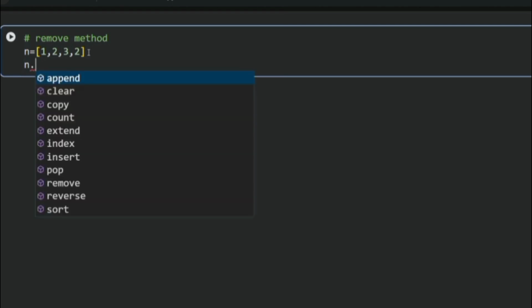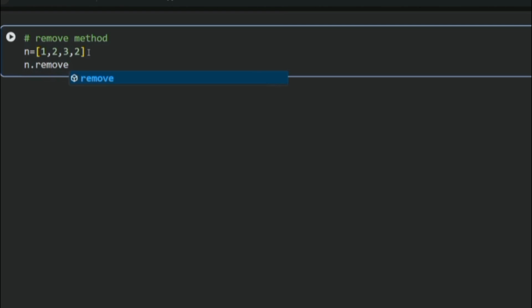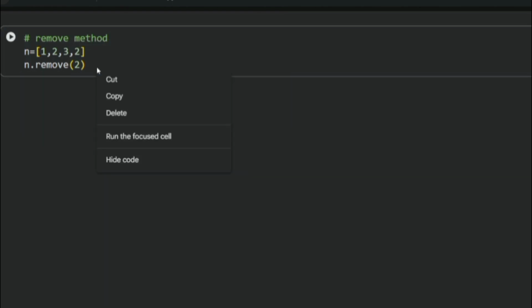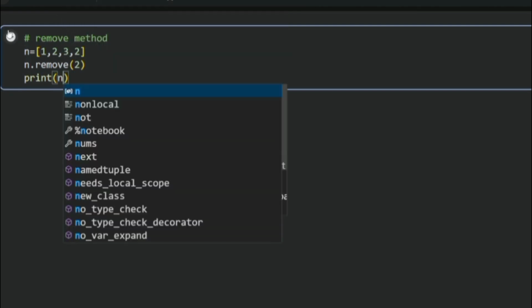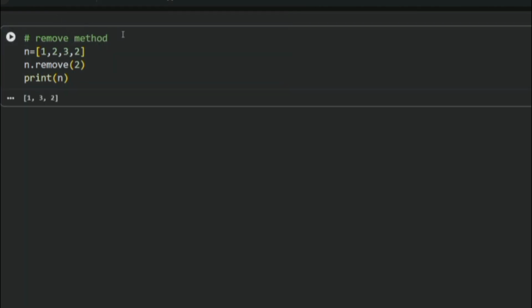Let us remove 2 from this collection. So how to remove? n dot remove of 2, I want to remove 2, so mention 2. When we print n,